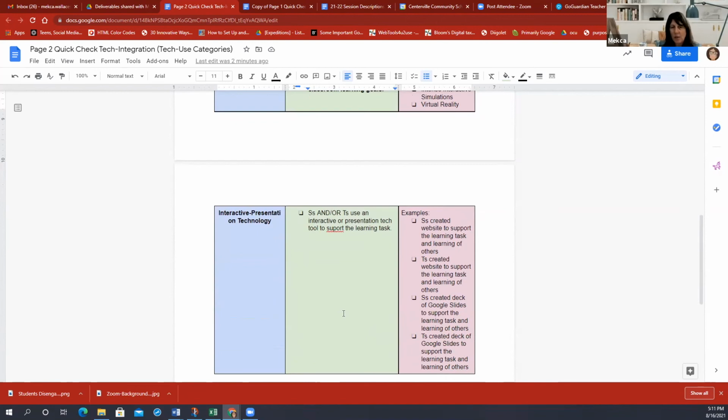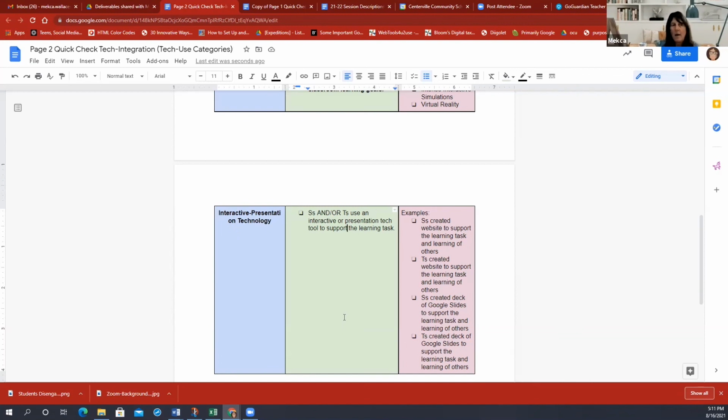Interactive presentation on technology, oftentimes, and again, I kind of separated this, we will see students and teachers that might have created a deck of slides to share. That falls into interactive presentation. And one of the things that I talk about with students is using hyperlinks in those, instead of a linear presentation, kind of the idea of planning the ending to a book. So depending on what I click here, there might be a different ending to a book. And so those are just some examples that we take a look at in the framework that we use here